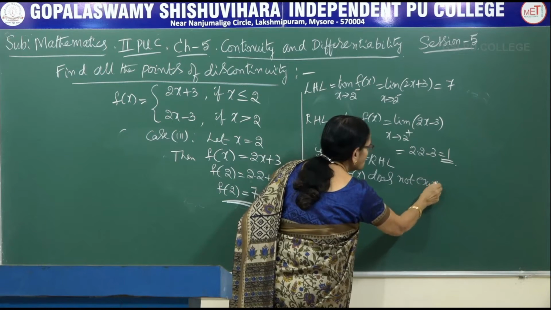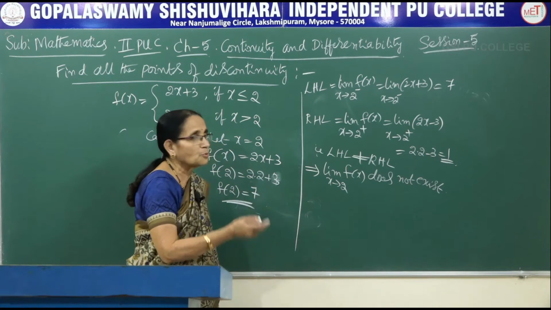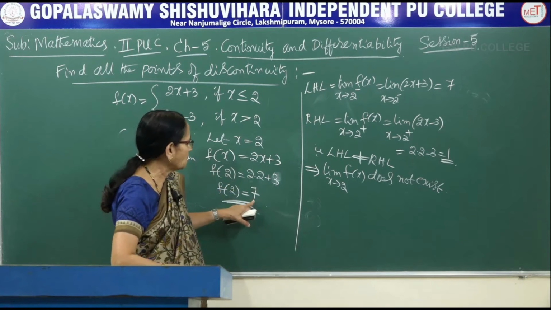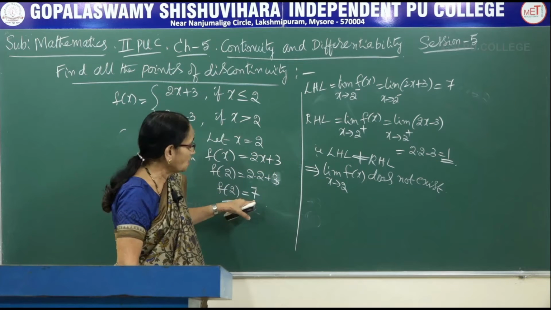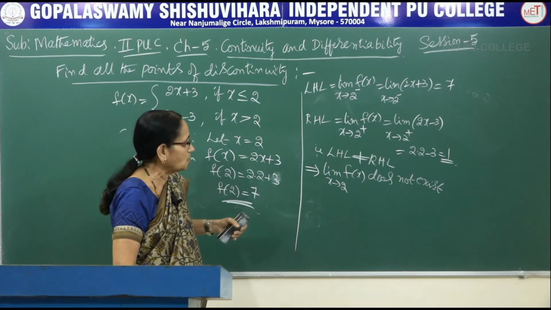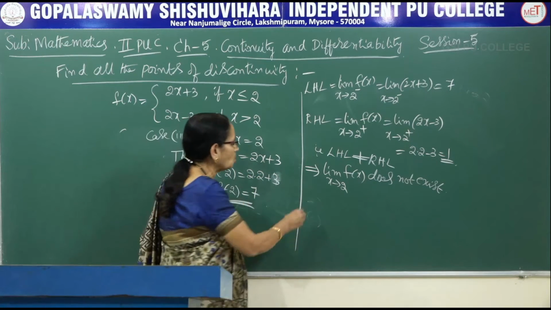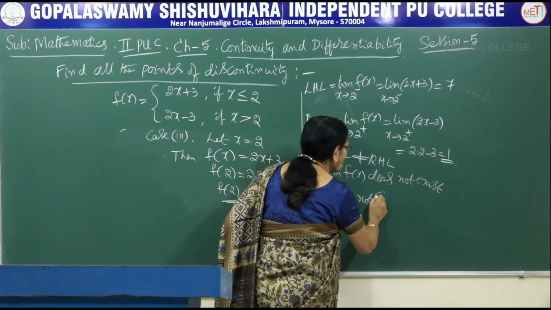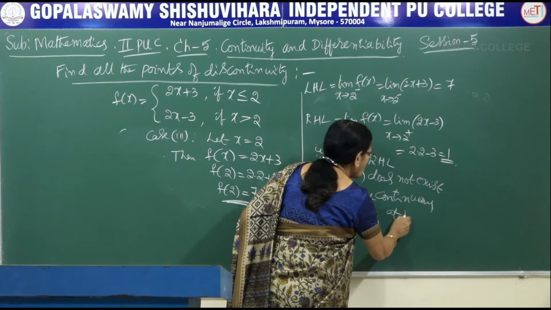This is the condition I have told for discontinuity at a point. So, before 2 it is continuous, after 2 it is continuous. At exactly 2, the value is 7, the left hand limit 7, the right hand limit 1. So the function is defined there, no problem, but the limit does not exist. Therefore, what is our conclusion? The function is discontinuous at x equal to 2. Write that. Therefore, f of x is not continuous at x equal to 2.